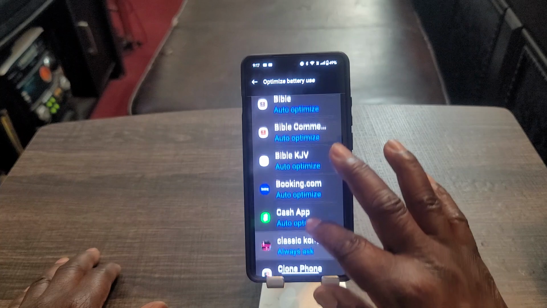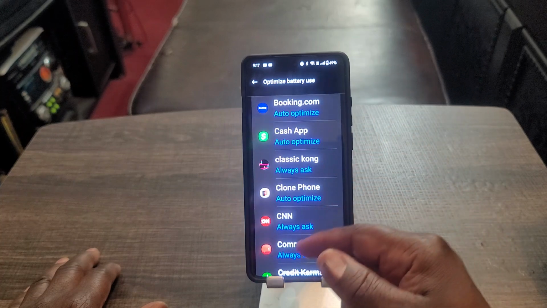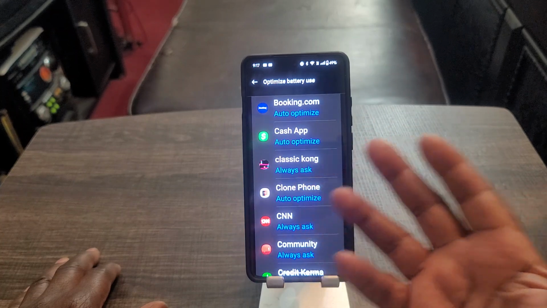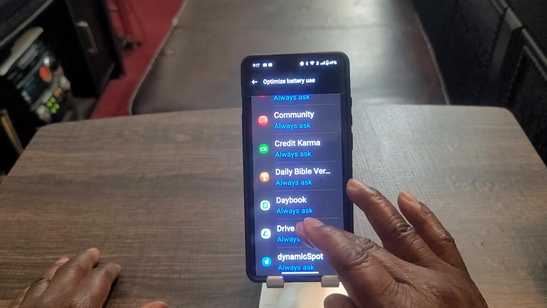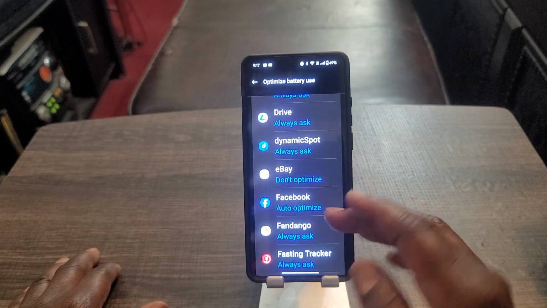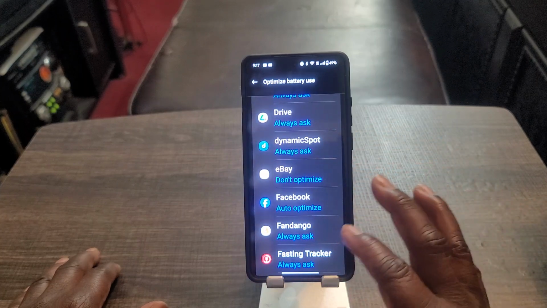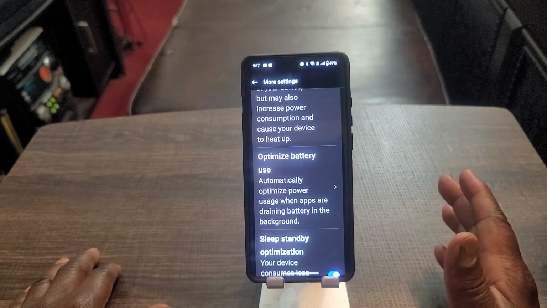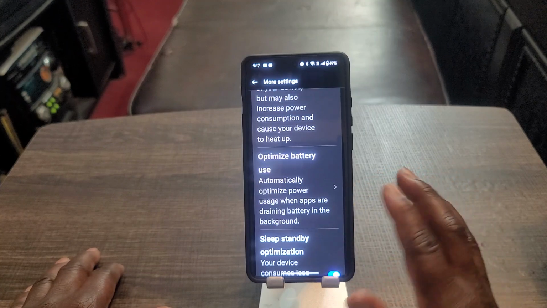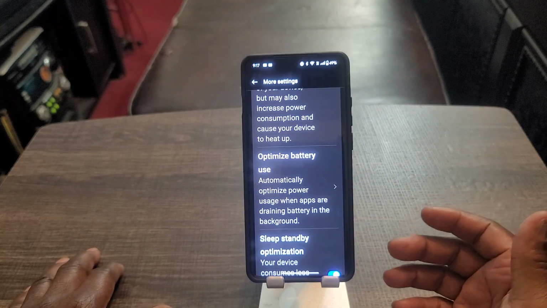And you can see I got it pretty much on for everything. A few of them I don't have it on because I don't use them. But for most of them that I know I'm going to use a lot, I'll turn it on. But if it detects that an app is using battery, it'll send you a notification, let you know. You could automatically put it on auto